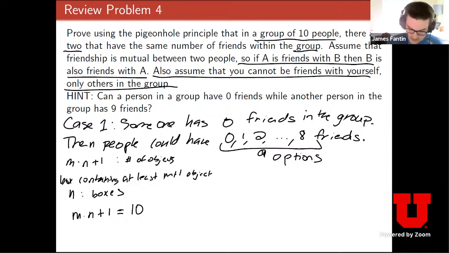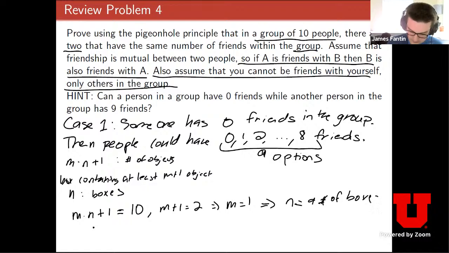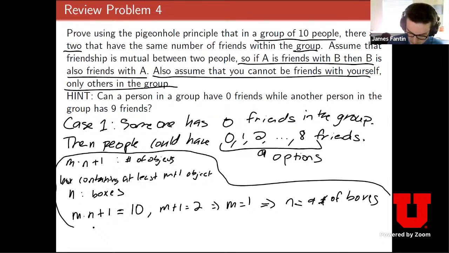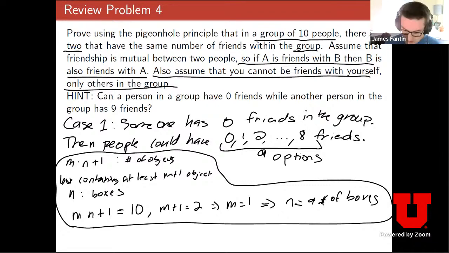And then we want to prove that 2 of them have the same number of friends. So we know that m plus 1 is equal to 2. This implies that m is equal to 1. And that implies also that n is equal to 9 if we just plug in those values to these equations. So we know, since n is equal to 9, that's the number of boxes. And that's just a little bit more if you're sometimes struggling on the Pigeonhole and you want to think about how do I figure out the number of boxes, then this is the technique you can go through. But what David brought up was a perfect idea and saw straight away that,